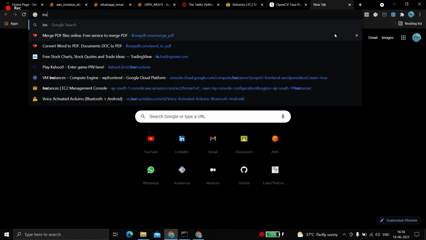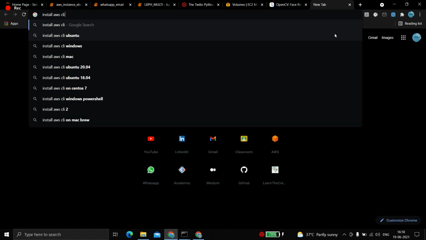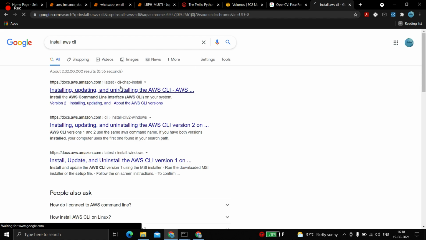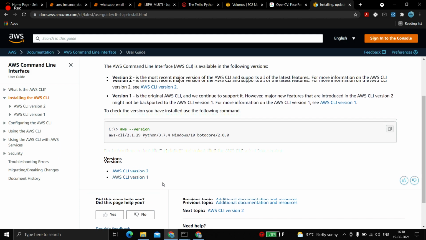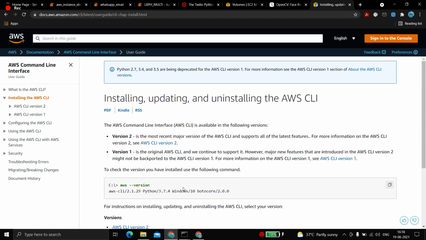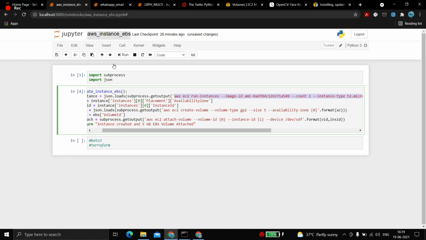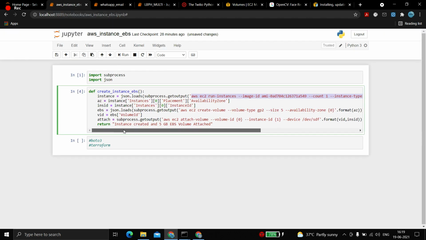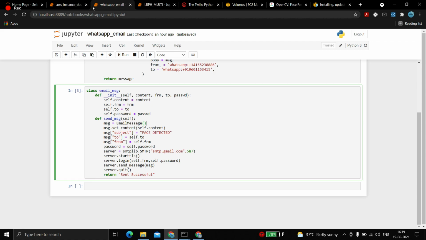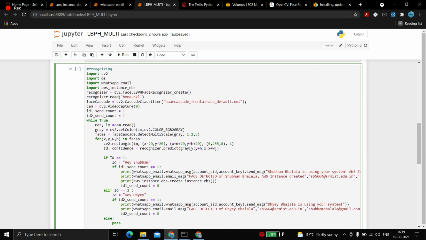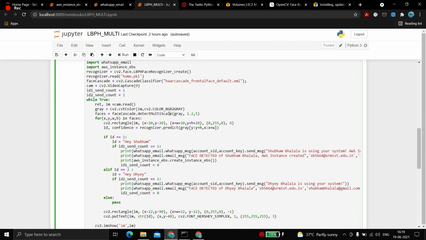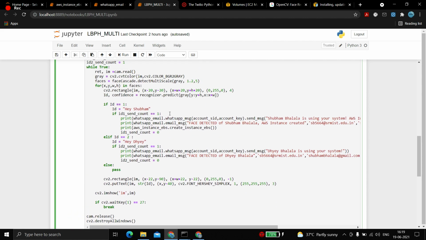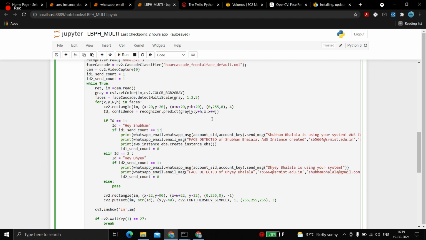For that, you need to install AWS CLI. You can get it from here. You first need to install this AWS CLI, then you need to configure it by aws configure. And then you can run these commands to create everything. And these are two modules, so I have imported them here. And finally, when I run it,